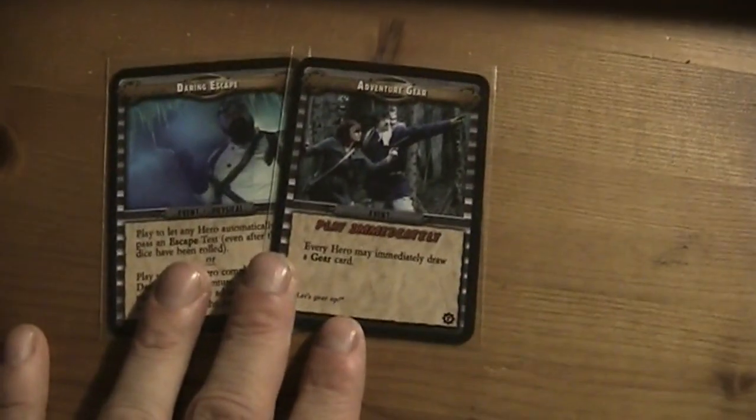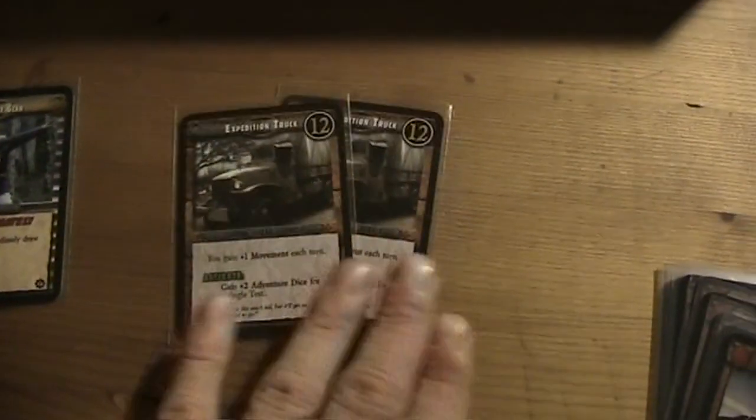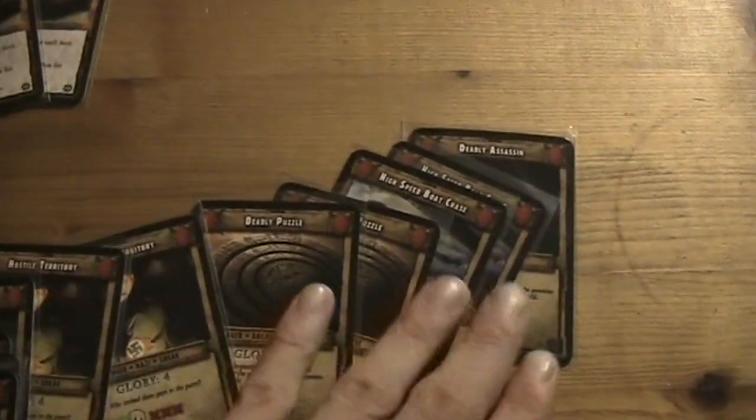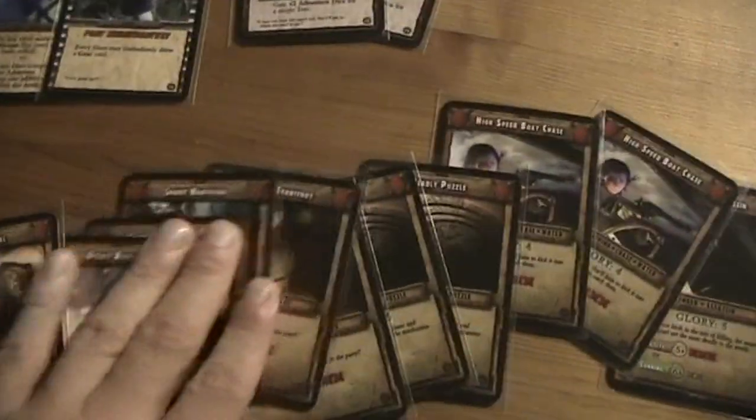The supplement adds 2 new event cards. We got 2 common items, but basically these are the same items, so actually 1 new common item and a few new dangers, which is good. Most of the dangers are doubles though, so let's see, 1, 2, 3, 4, 5, 6, 7 new dangers. Okay, and